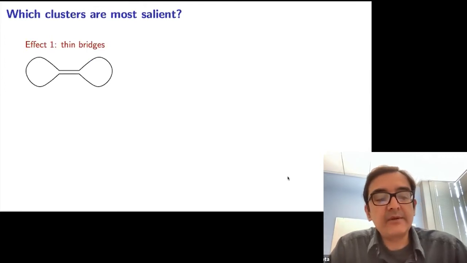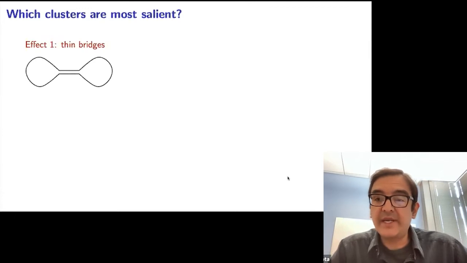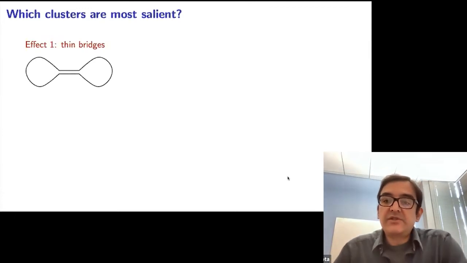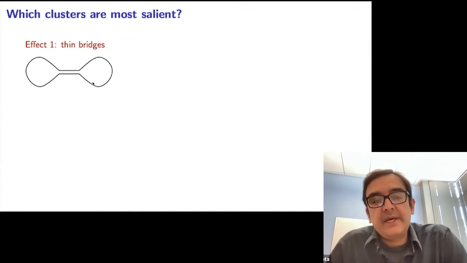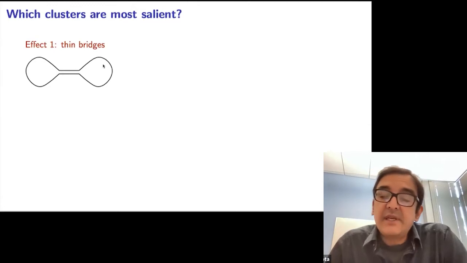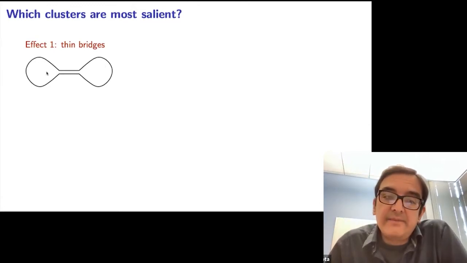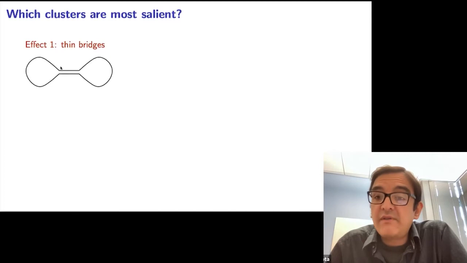And it turns out that in order to define this, there are really just two effects that we need to capture. So the first effect is the following. It's shown by clusters that look like a dumbbell like this. This is a cluster that's a high density region, but it's got this really thin bridge in the middle. And as a result, in a small finite data set, this would look like two disjoint regions.